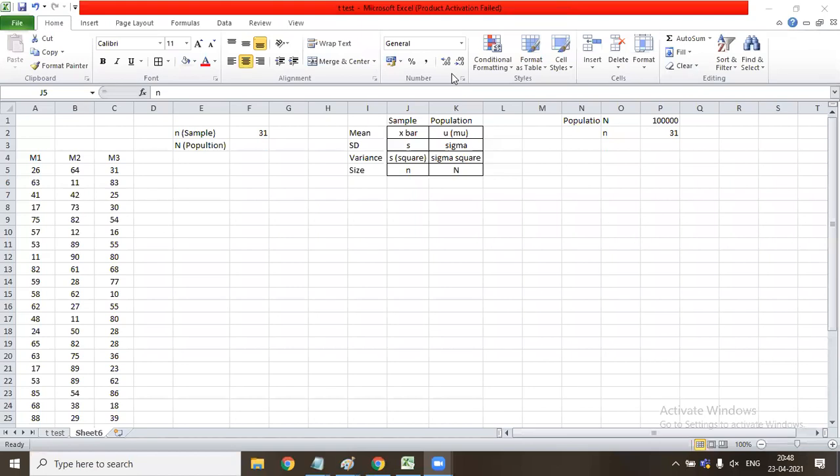No. Population is, so what is the population of India? Can anybody tell me? About 130 crores, sir. 130 crores. So if I need to evaluate the age of people in India, I take a sample of 2 lakh. Okay. And I'll ask them their age. Then sample will be 2 lakh and population is 130 crores. Simple. Okay, sir. And population, when we say 130 crore, it is capital N. When we say 2 lakh, it is small n.